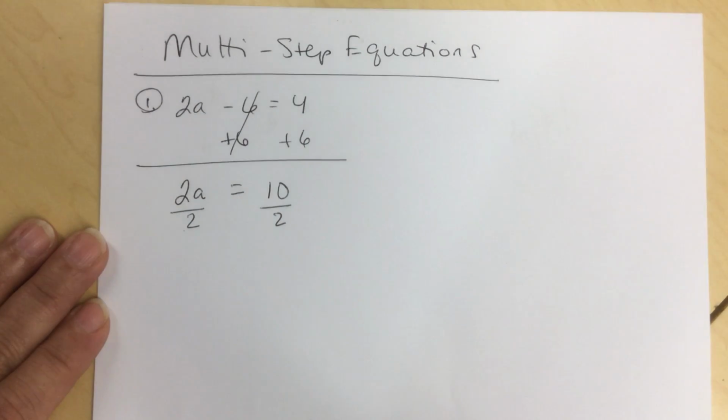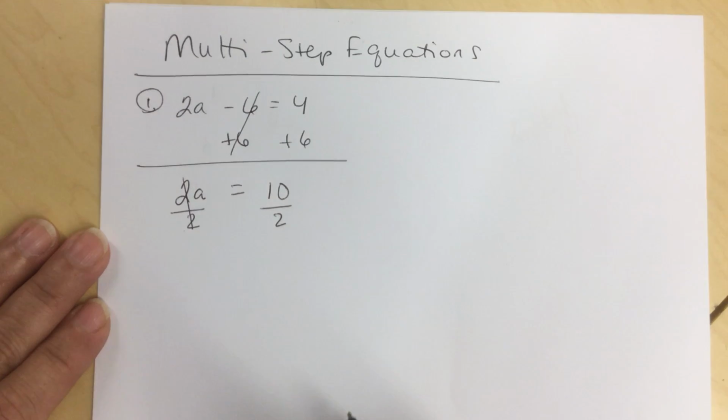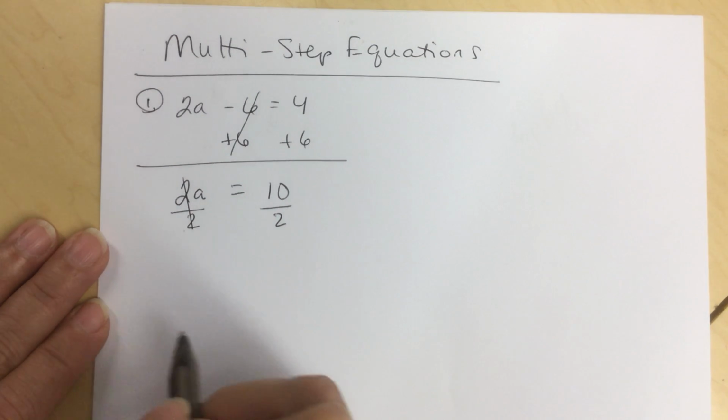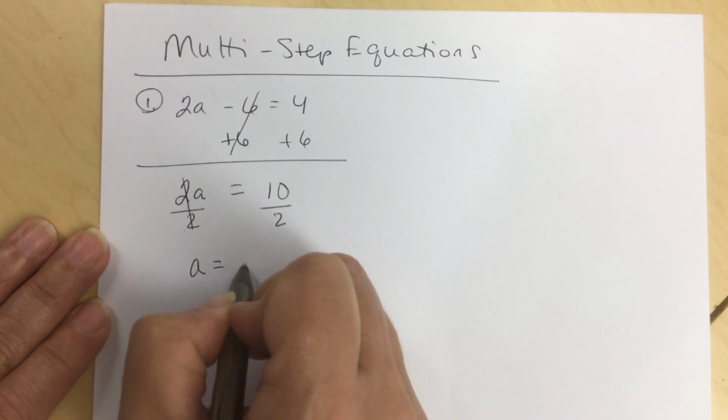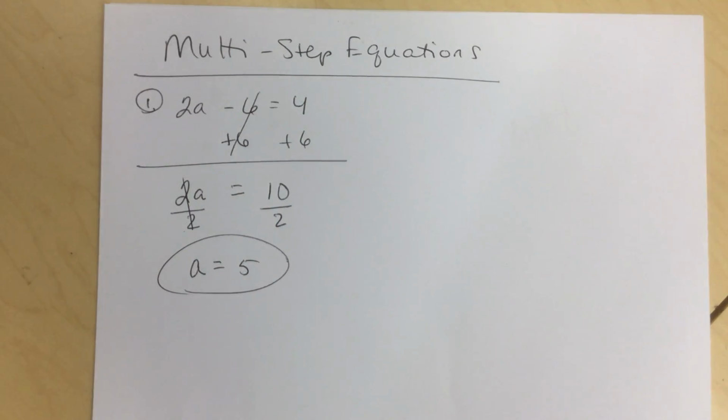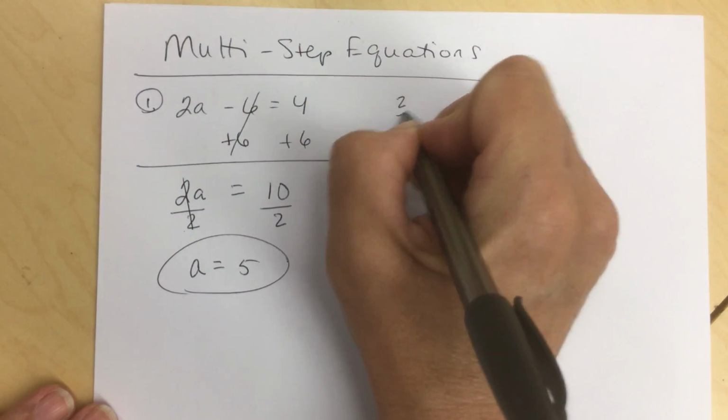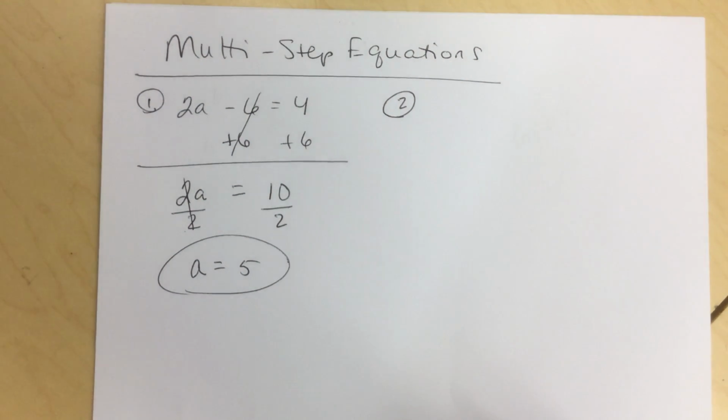So I'm going to divide both sides by 2. 2 divided by 2 is 1. I could write 1a, but you don't need to. 1a is just a. And then 10 divided by 2 is 5. So my answer is 5. Okay? So the second example we're going to do is